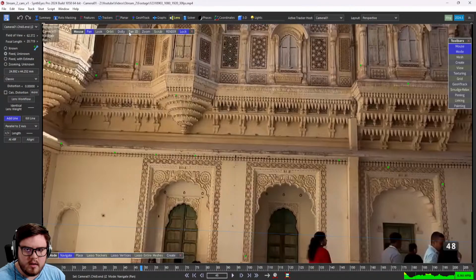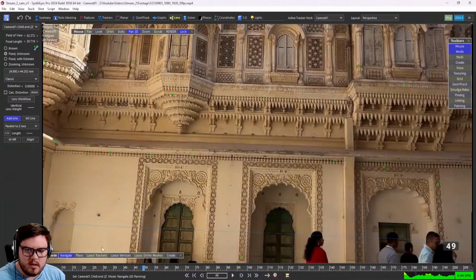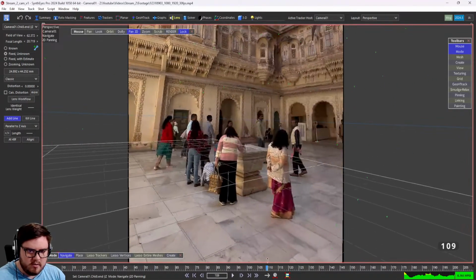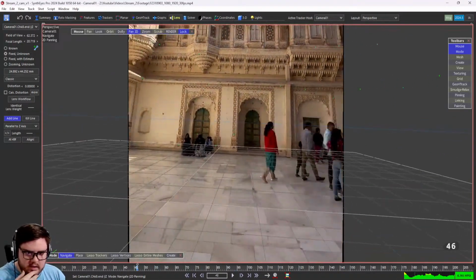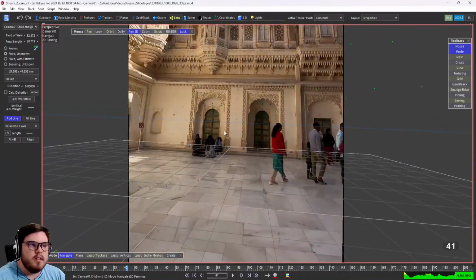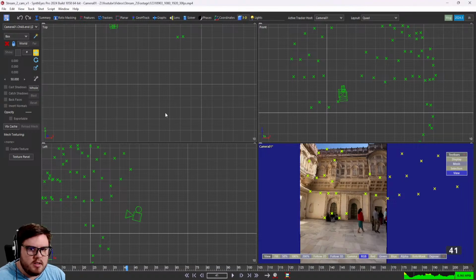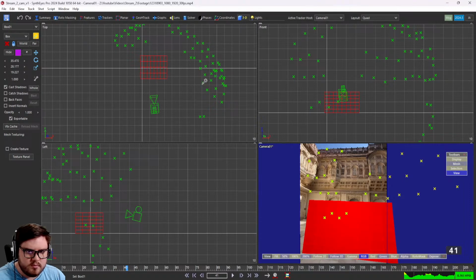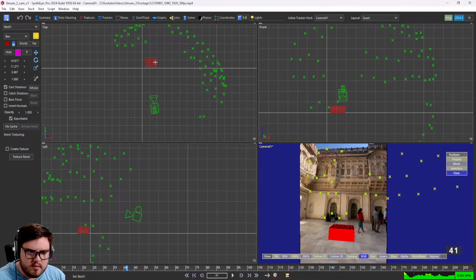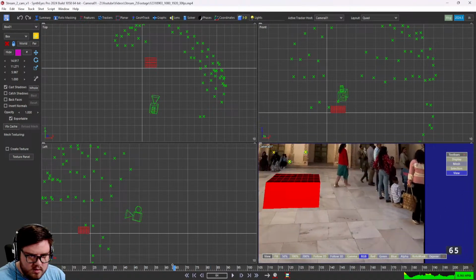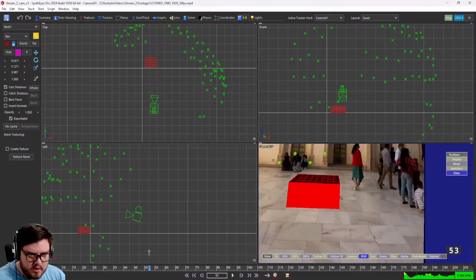Why is it not pan 2D? Why is pan 2D not working? There we go. Okay, that was weird. Okay, sweet. So our floor is now set. That looks good, I think. There's a little bit of movement. Huh. Yeah, let's put a box down. Yeah, we don't need that big of a box. Yeah, so as you can see,